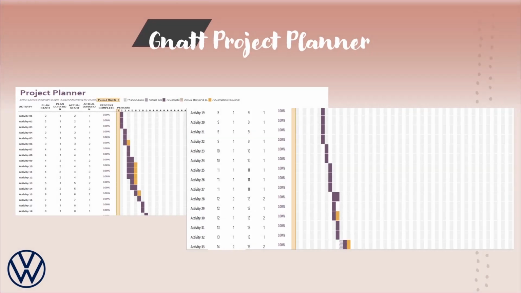The Gantt project planner is one of our project tracking techniques. We use the project planner to keep track of when the activities start and when they end. It's a good way to pace ourselves because we are able to have an idea and plan ahead by laying out a general time frame. After we finish each activity, we put it up on the project planner and we are able to visually see if we are on track or behind on time or ahead of the curve, so we have a threshold for when to complete